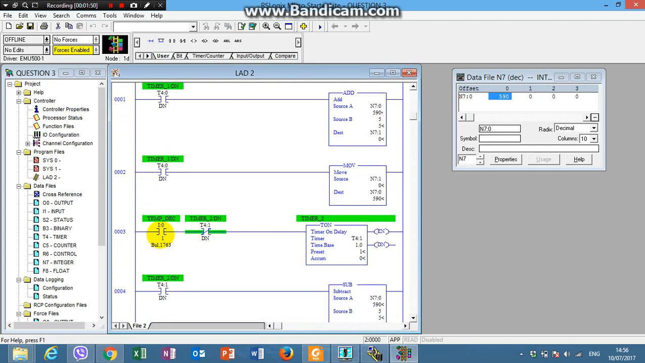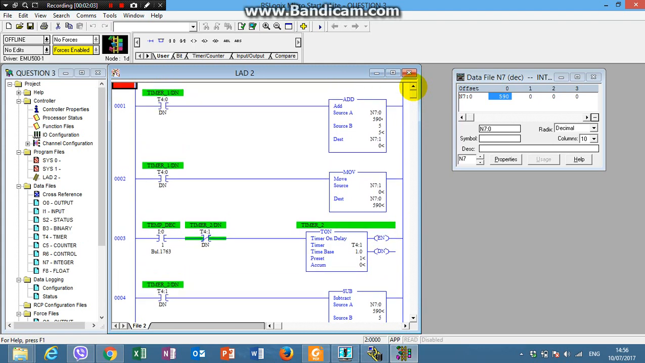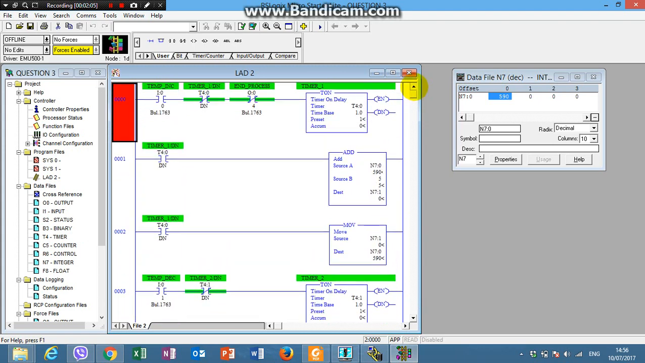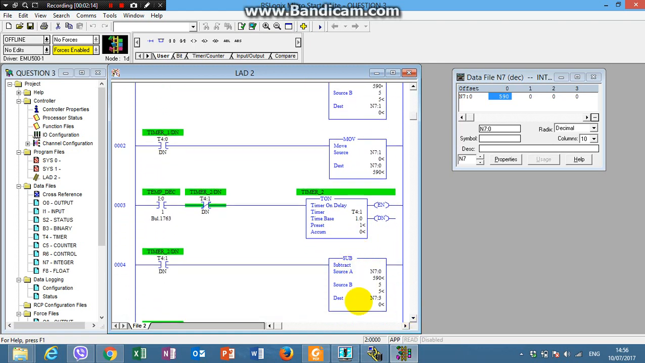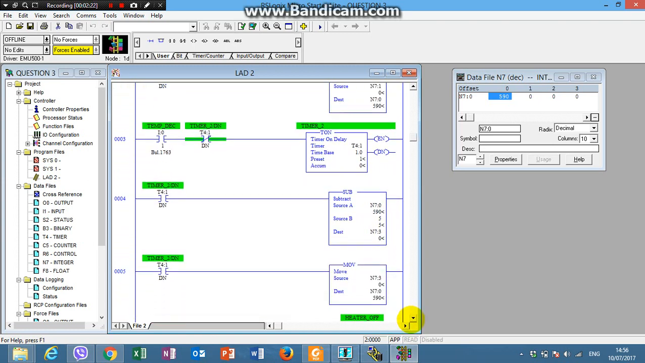Similarly, this is the push button for temperature decrease. Whenever I push this, the temperature decreases by 5 degrees every 1 second. So this is similar to the first part. The timer is set to 1 second, and here instead of add I have used subtract. That means it subtracts 5 from the value in register N70, and there is again a branch which consists of